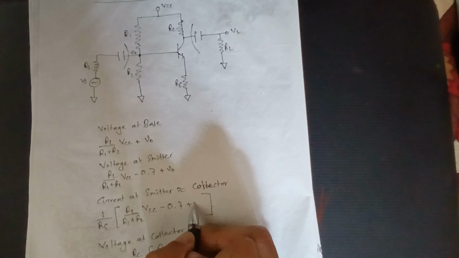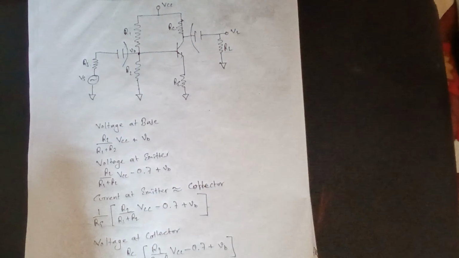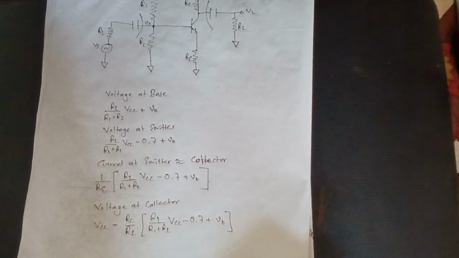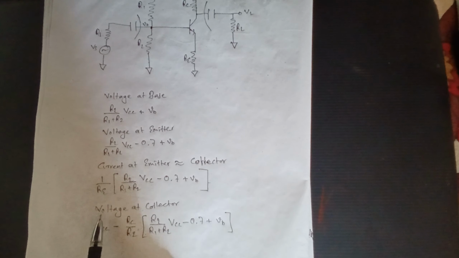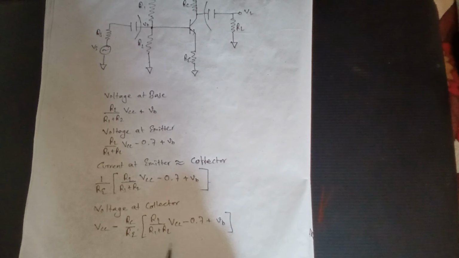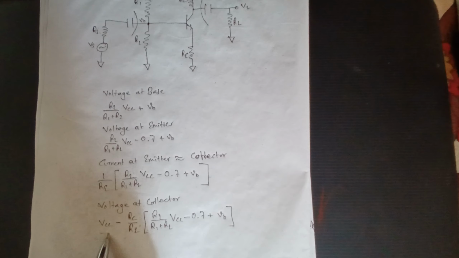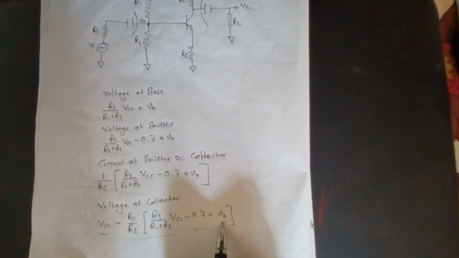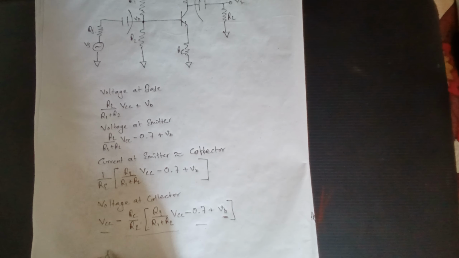So we can just add the AC part at every point of our formula, and we'll get the AC analysis of this circuit, right? So now if we look at the collector, we can calculate the potential due to AC part only. And if we look carefully, VCC is the DC part, this is DC and this is DC. Only this part of this formula accounts for the AC source. So the voltage at collector due to AC is simply